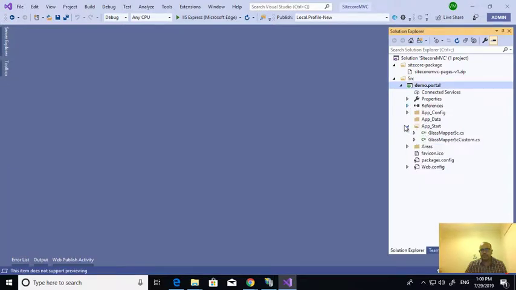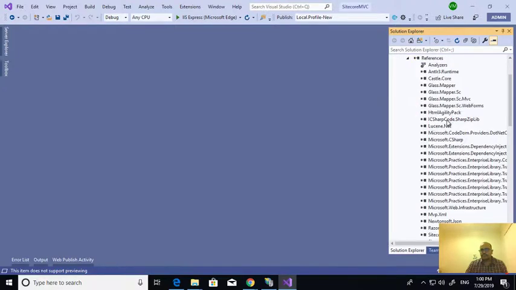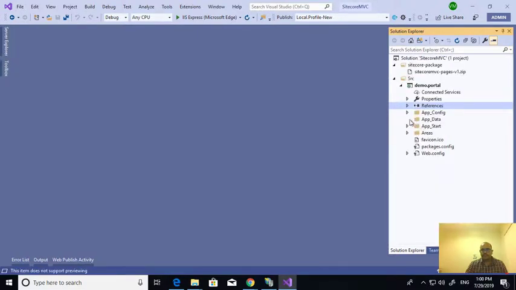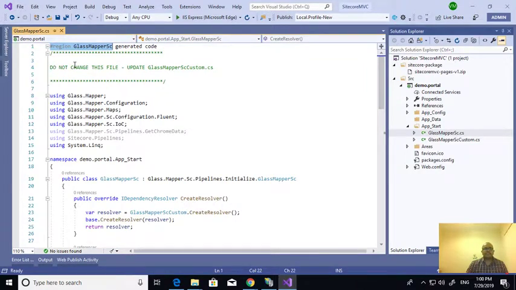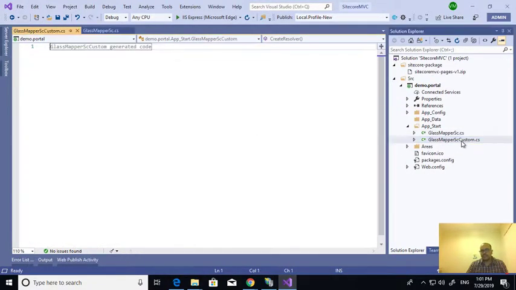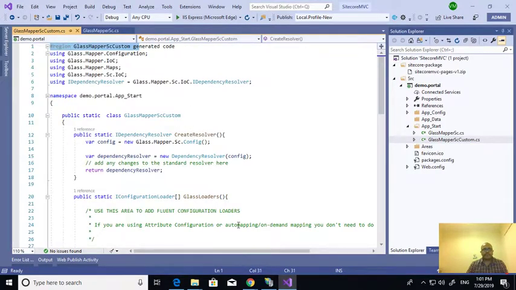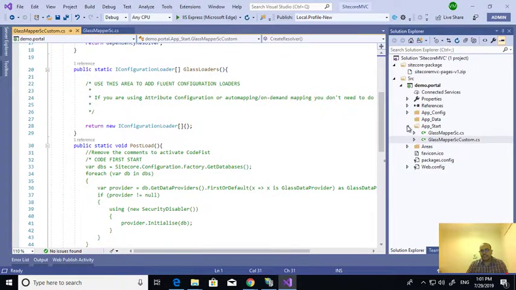So what did it add? If I look into this, it added the references, as I highlighted from here to here. The second one is that in the application start, it adds these two files. The first one is this one, and if I expand this, it clearly specifies don't change this file, because if you take the latest version, like version 6 in future, Glass.Mapper may automatically update this file. So you should not touch this. If you want to write anything, go for this custom file. Here you can write anything you want. This is the second change. And the third change is